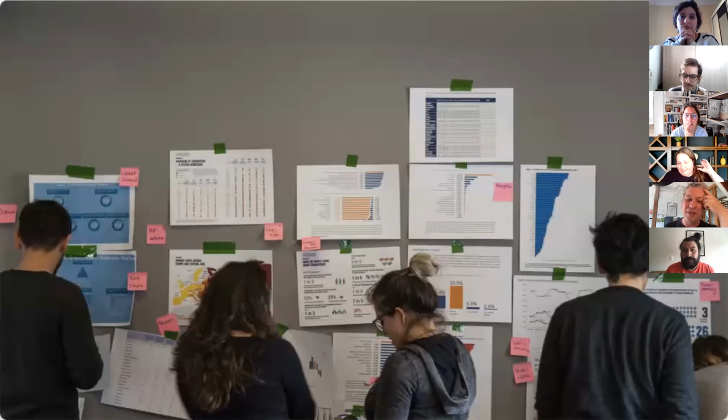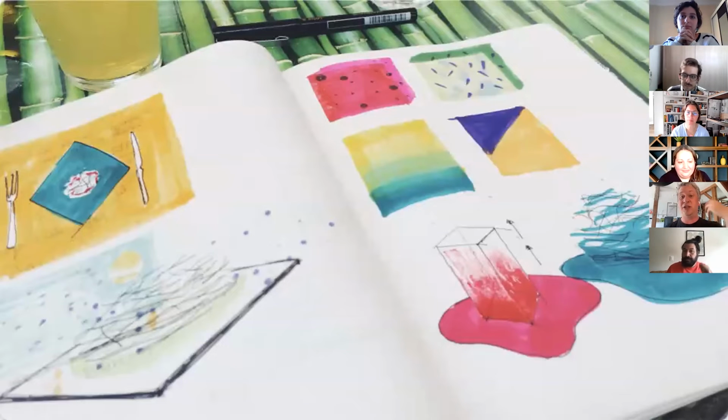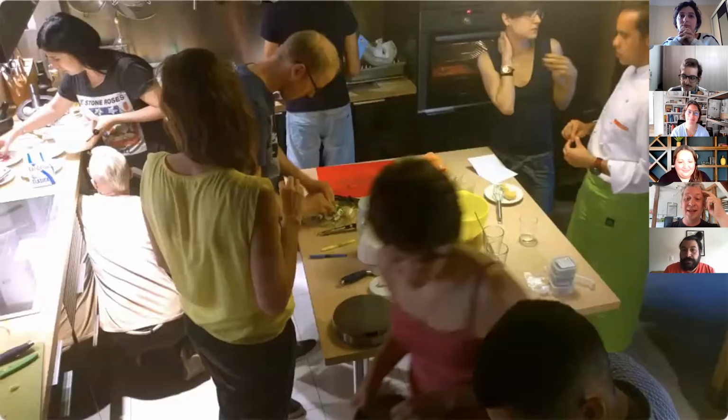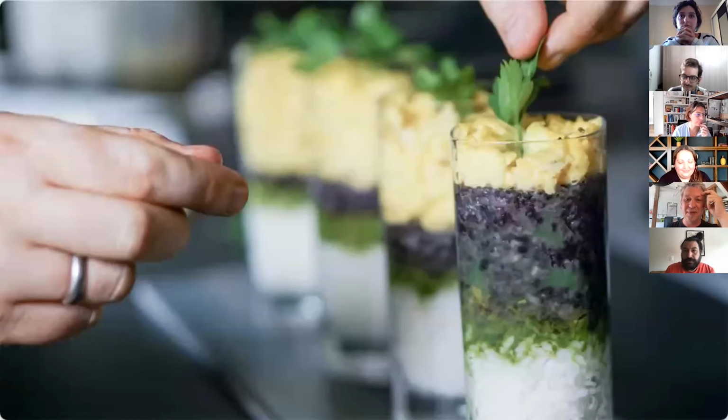The way it works is it's a 2-day workshop. We come there with a few data sets prepared and discuss them with the participants. Participants also bring ideas for data stories and we discuss them together. Then people sketch ideas for dishes that could express this data as food. And then we try them out in a kitchen. So we rent a kitchen and make the dishes and present them really nicely, of course.